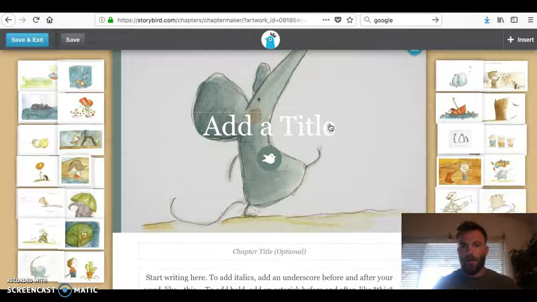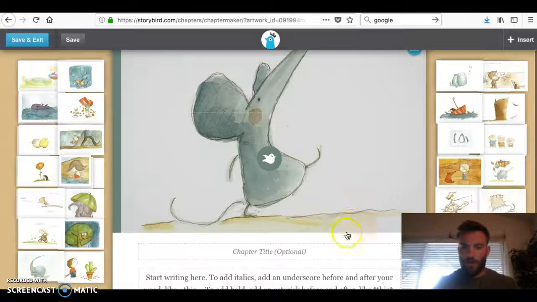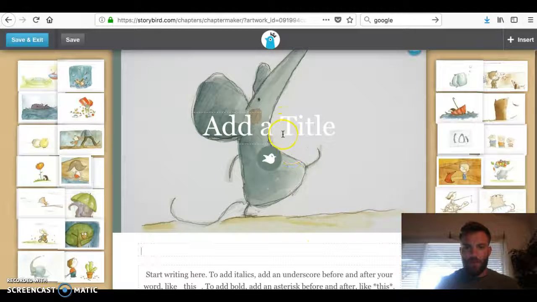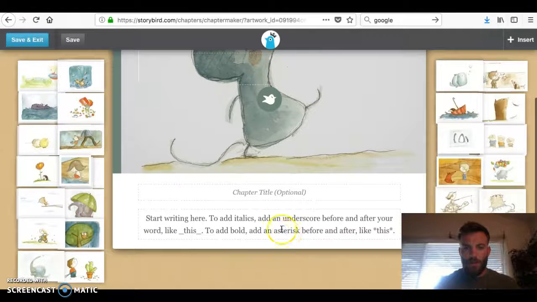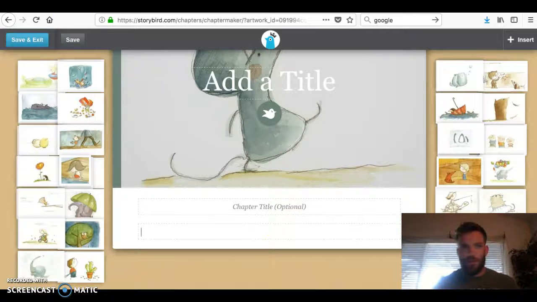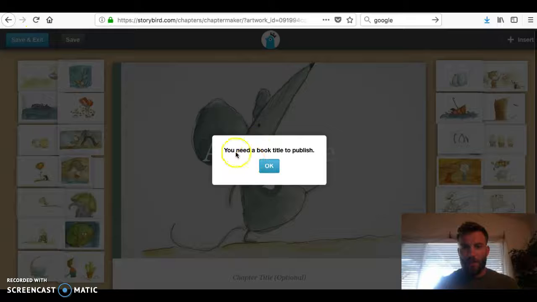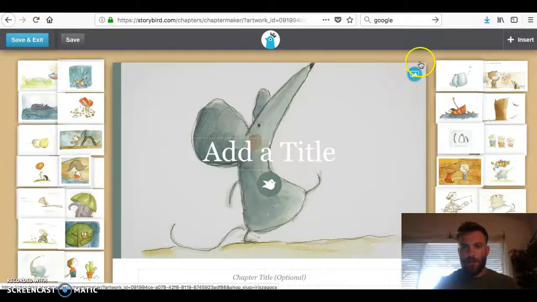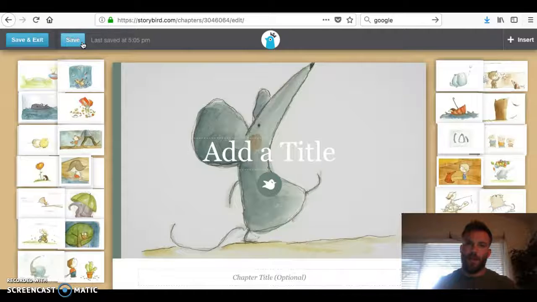And then from here, once again, same thing with the story about the lesson. Do the title, or do the chapter title, journal. Do your journal entry, save and exit. Need to publish. I'm not really worried about that. We'll just save. The cool thing about this site is you can come back later, and you can have it like a